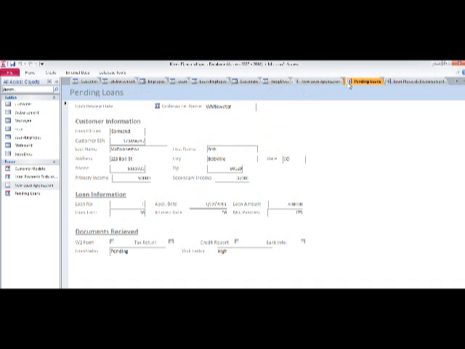Next, we have the pending loans form. This is for when the customers